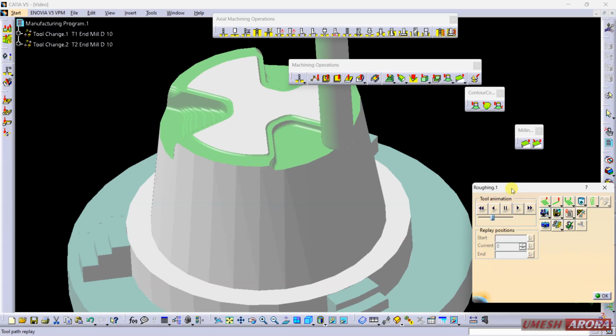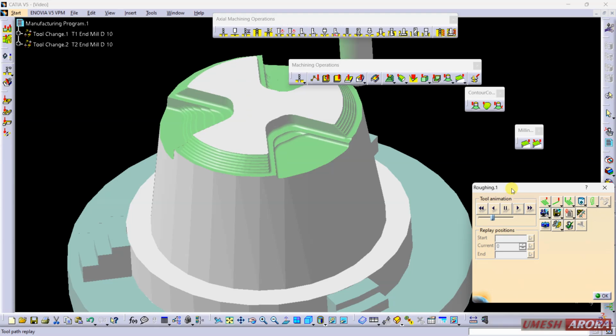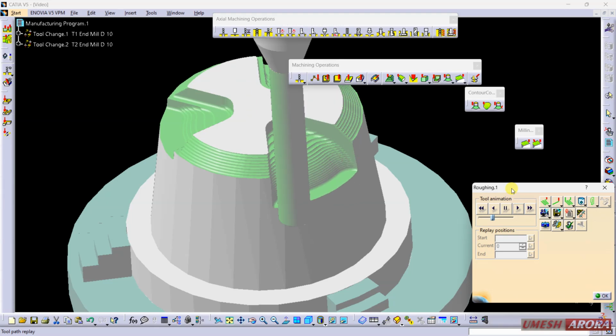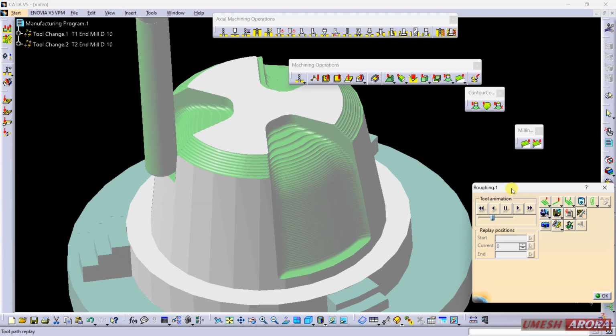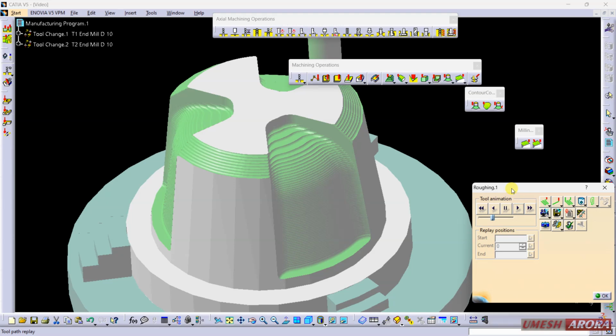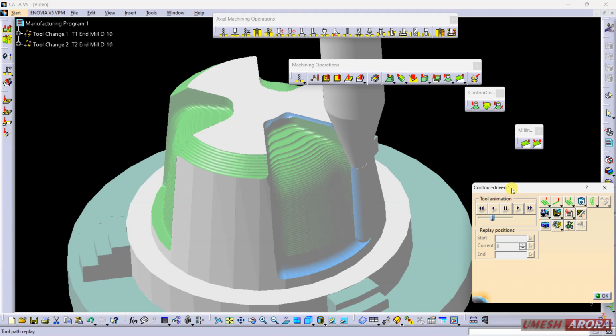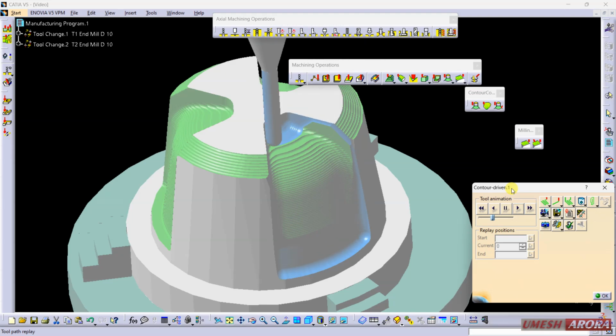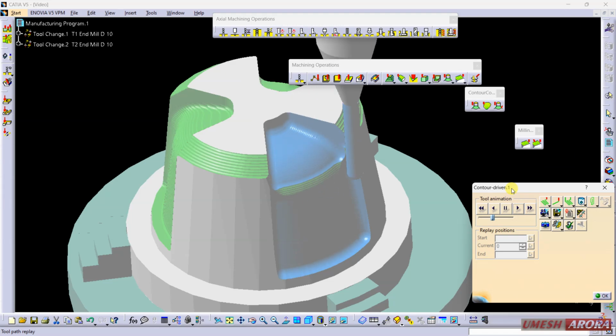Roughing operation with tip radius tool, bull nose tool. Now see, it is working like the helical. It is creating a helical cut.